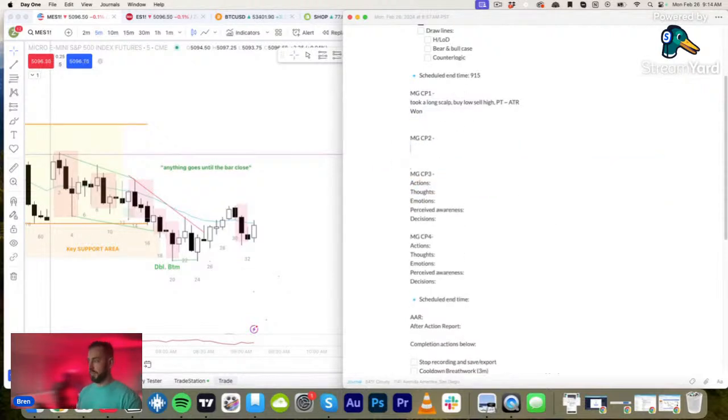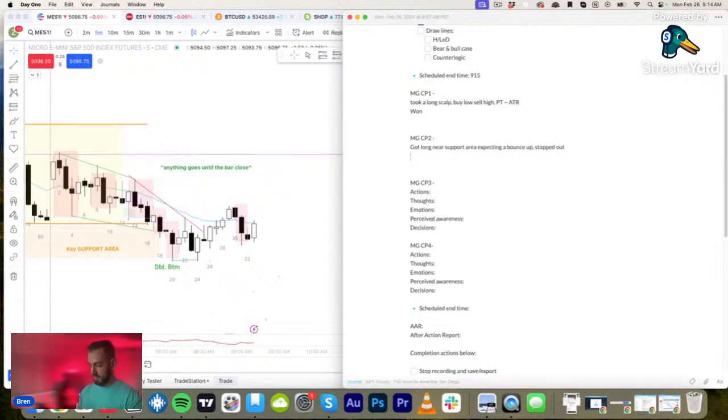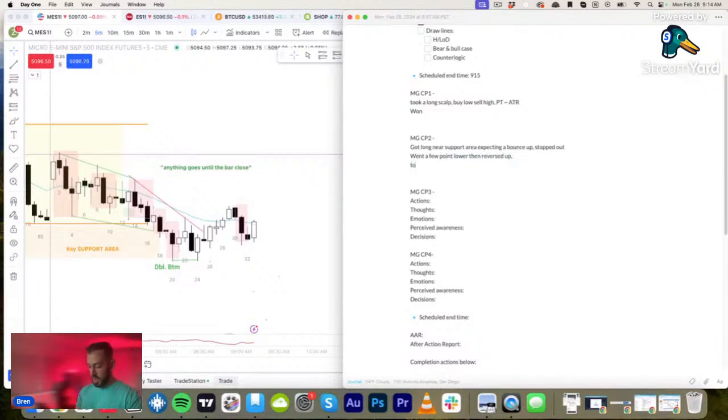Trade number 2. Got long near support area, expecting a bounce up, stopped out, went a few points lower, then reversed up, took the loss,